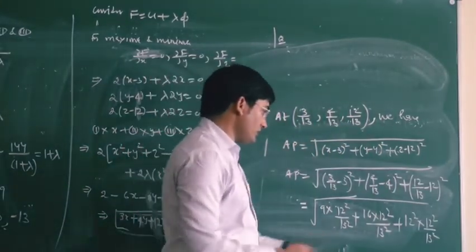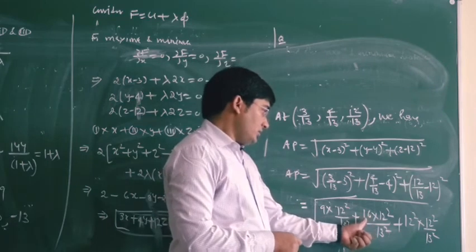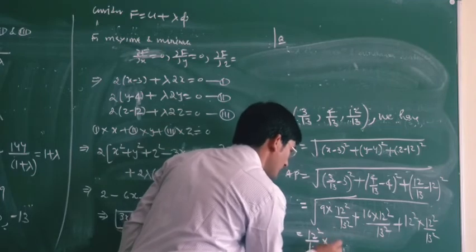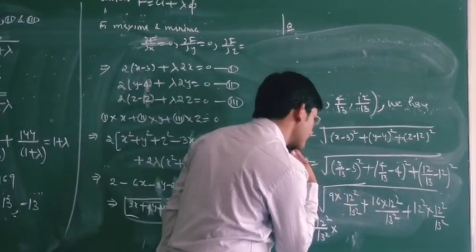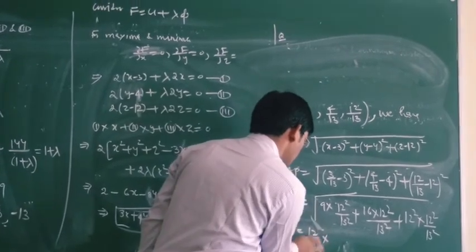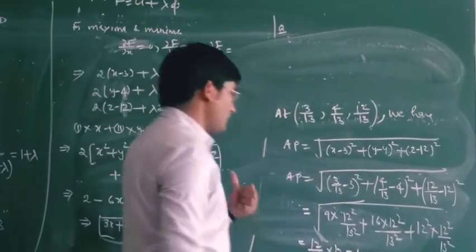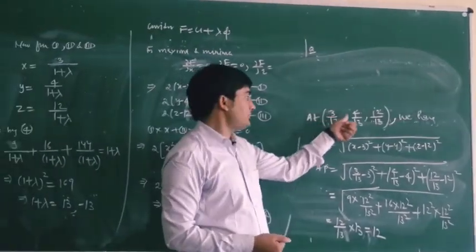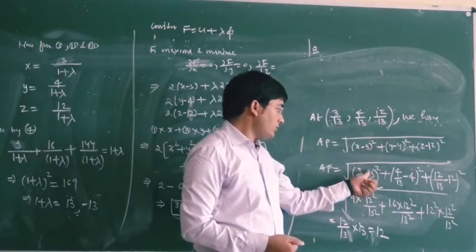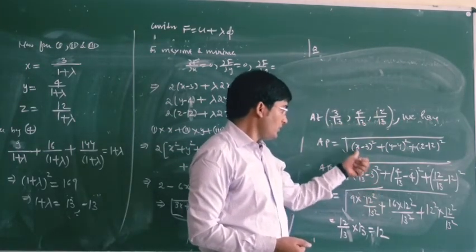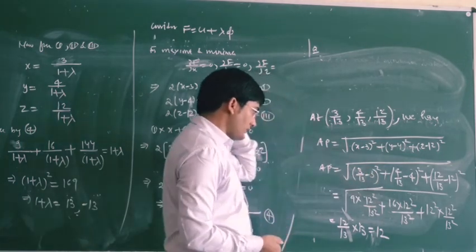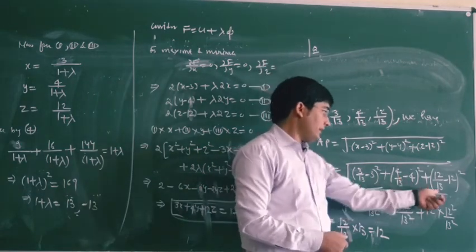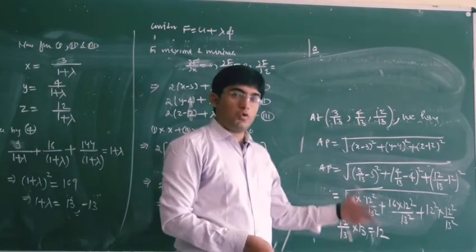Now you can see that 12 upon 13 is common, and in the bracket we will have again 12. We will have 13. So we have 12 square upon 13 square. Then in the bracket we will get 13 square. So our one value is 12, and similarly the other value for minus 3 by 13, minus 4 by 13, minus 12 by 13. Now this will become plus. So if this is plus, then in place of 12 we will have 14. So our next value will be 14.